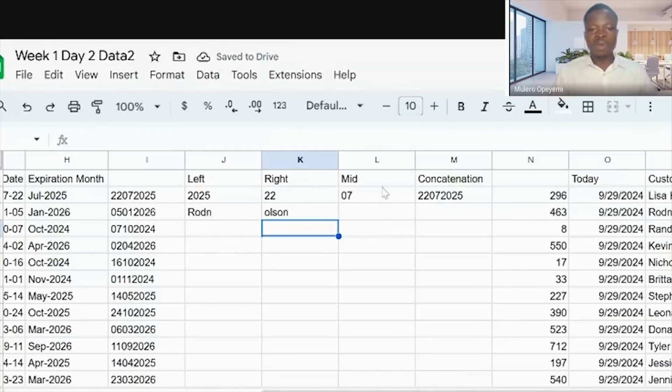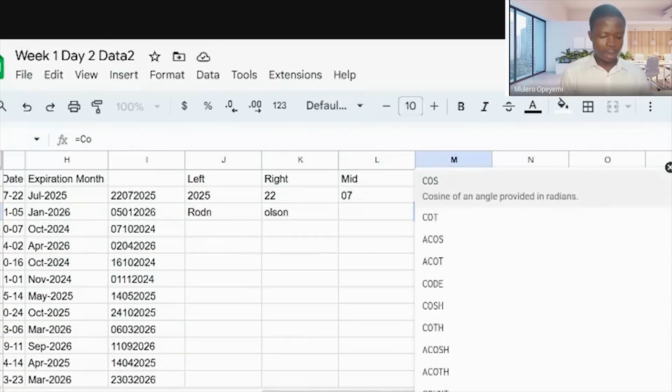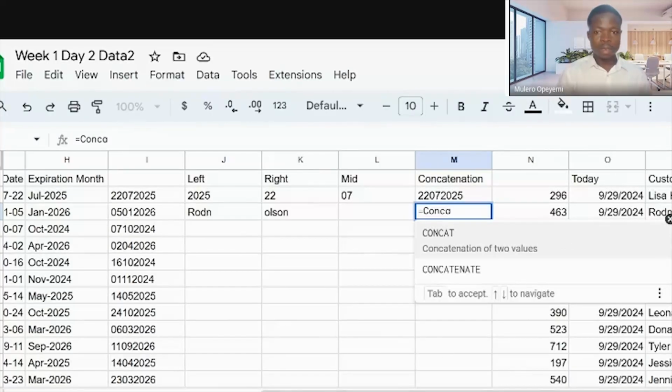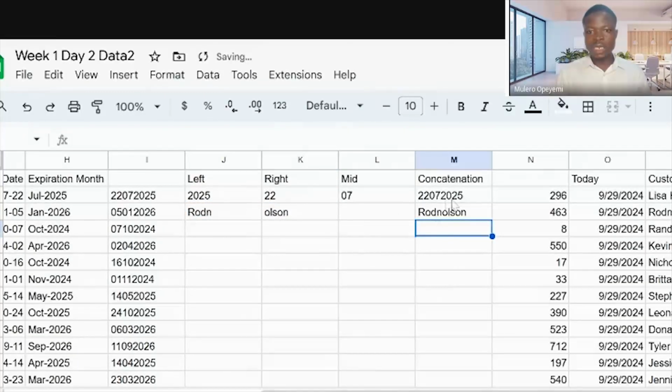Now, I'm not going to do this mid. Let me concatenate these 2. So equals concatenate. Ensure your concatenation is the one written in full. Concatenate this with this. You can see it has actually joined the 2.